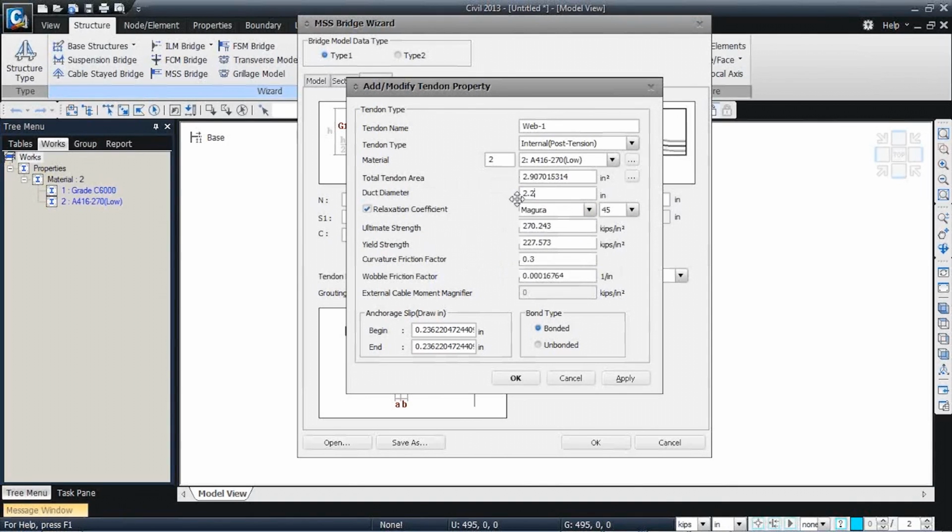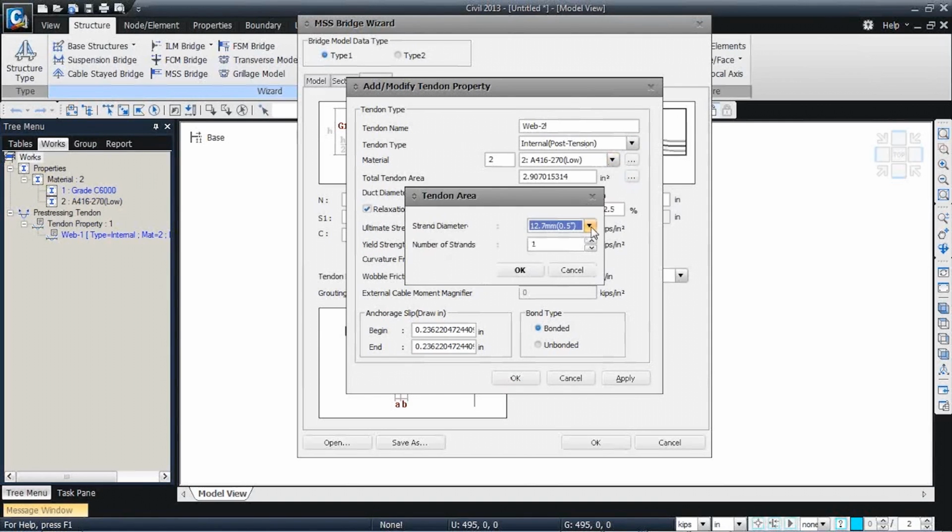I'll enter the duct area right here, select the relaxation coefficient, since it is low relaxation strand. So I'll enter 2.5%, and then they are all bonded tendons. After this, I'll hit apply. The moment I do that, you can see the works tab is updated, and then I'll change the name to, let's say, web 2. So what I'll do is define like 4 different tendon properties and show you how to optimize